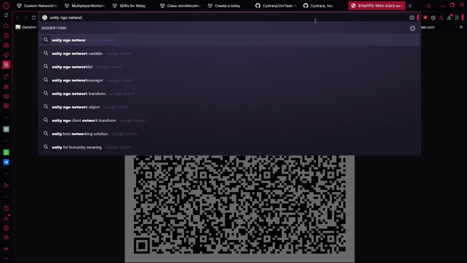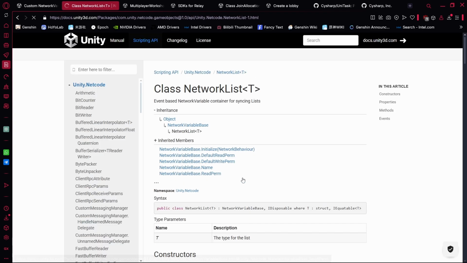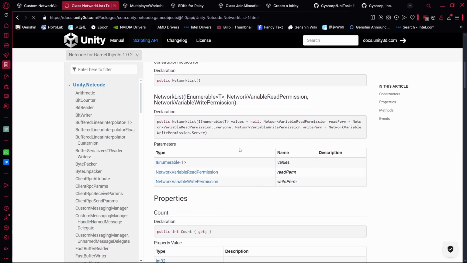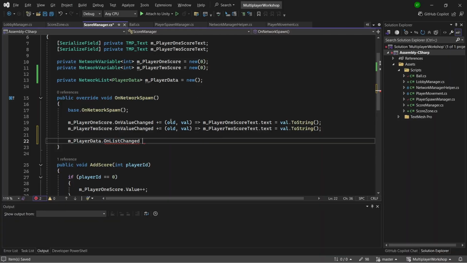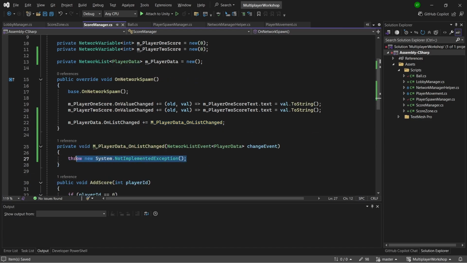The NGO network list. Okay, this part of this documentation. You can look up this documentation for more, but essentially inside of this network change callback, it takes in a change event and it takes in the player data. This is actually pretty disgusting to use, but essentially you actually need to